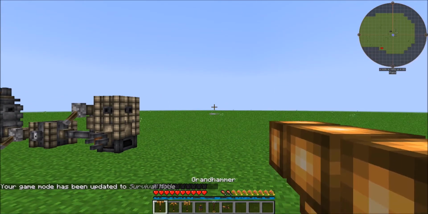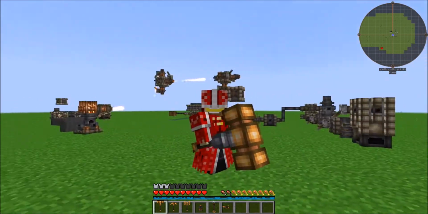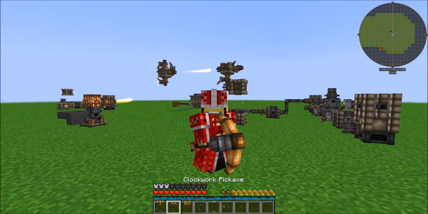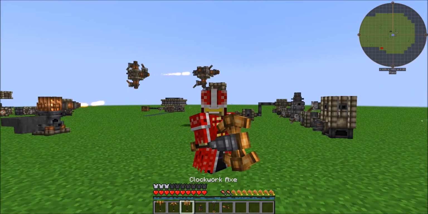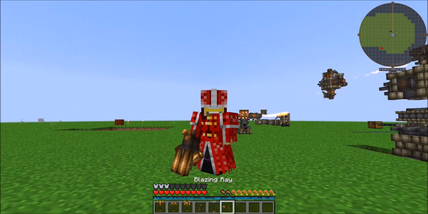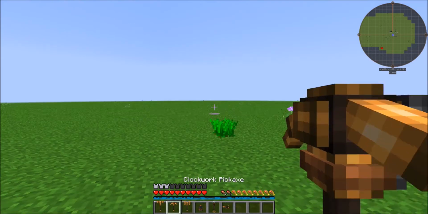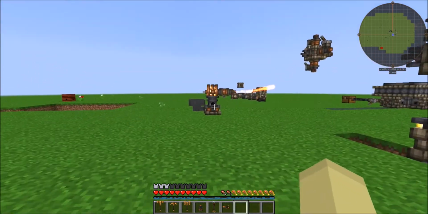Clockwork axe, and that. Well, I'll show you what they look like though. Santa with his giant hammer, his giant pickaxe, his giant battle axe, his cool staff, and his cool gun. Pretty cool, right? So, to get these to work, what we need to do is...